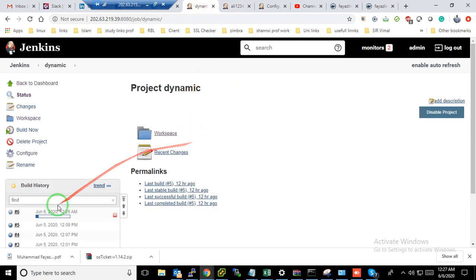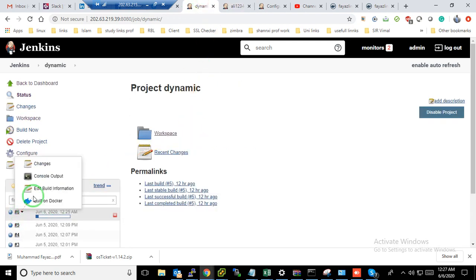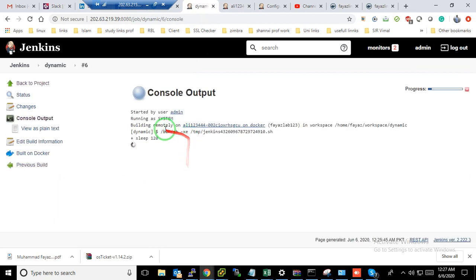Then we will go to the logs, console output. You can see the sleep is running. We are building remotely, and this is my Docker image name, my label name, and the workspace over there, and where it is running on this Docker.